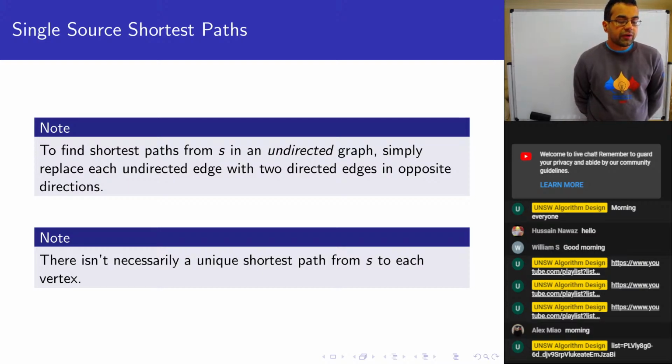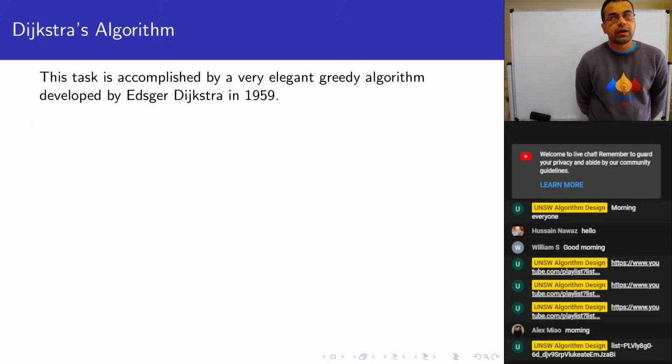And also note that I've spoken about the shortest path from S to V. This shortest path isn't necessarily unique, but that doesn't matter too much for us. We just know that there is a minimum weight that can be achieved by a path from S to V, and if there's more than one way to achieve that path weight, that's fine. Okay, so hopefully you are all familiar with Dijkstra's algorithm, which is the greedy algorithm which solves